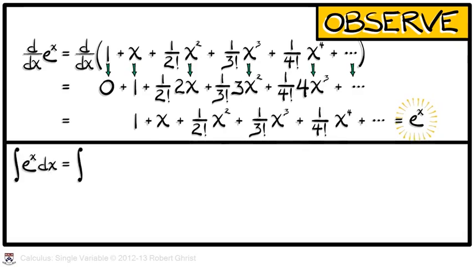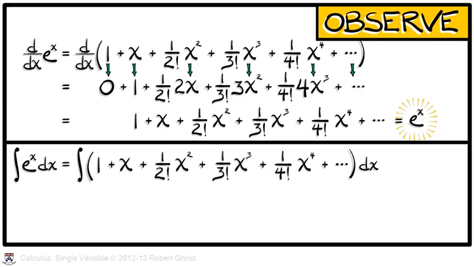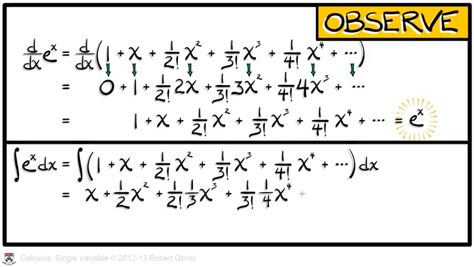Let's see. If we try to integrate our definition of e to the x, 1 plus x squared over 2, etc., what will we get? Well, the integral of 1 gives us x. The integral of x gives us 1/2 x squared. If we have a 1 over 2 factorial times the integral of x squared, that's 1/3 x cubed. I'll let you follow this pattern all the way down the line and see that with a little bit of